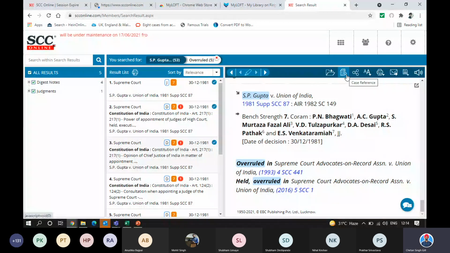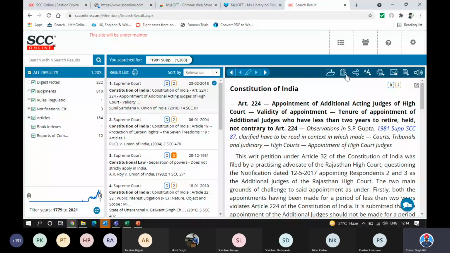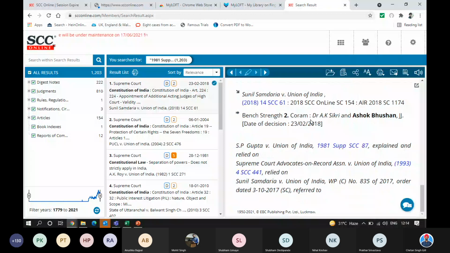Simply come over here. There's an option of case reference. One click on this case reference, you'll get a shepherdizing arrangement of all the cases wherein this case was being cited. And there we have it. SP Gupta case was cited in 2018, Sundhalia case, and it was relied on along with other cases. PUCL,